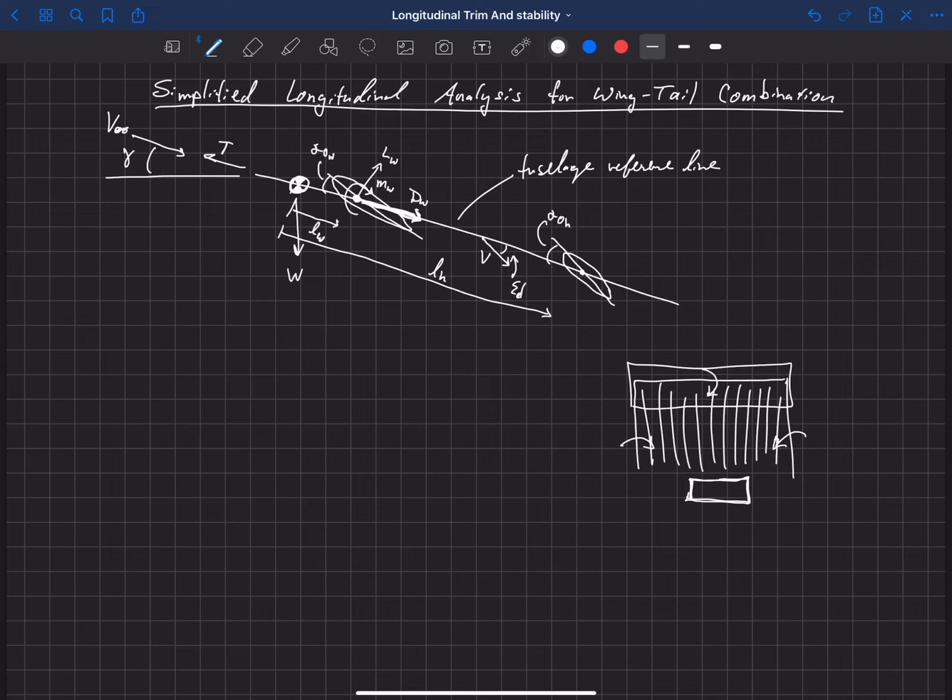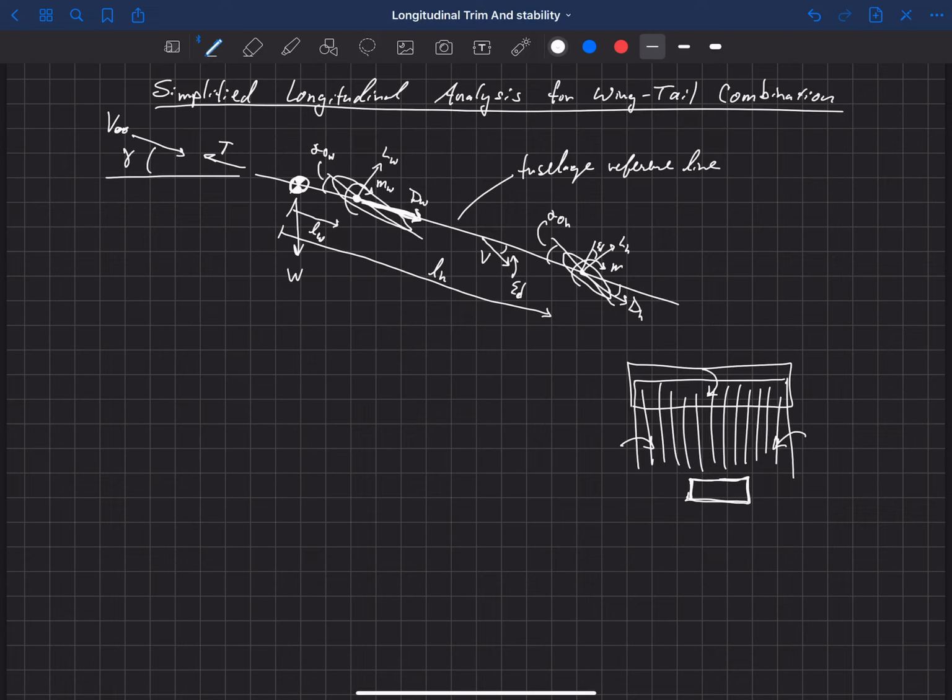Okay, so then the lift and drag on the horizontal are actually aligned with the local velocity vector, not with the free stream velocity vector, but with the local velocity. So that means that the lift on the horizontal is actually rotated slightly by this epsilon d value, and the drag is also rotated by epsilon d. So this is the drag on the horizontal and the lift on the horizontal,